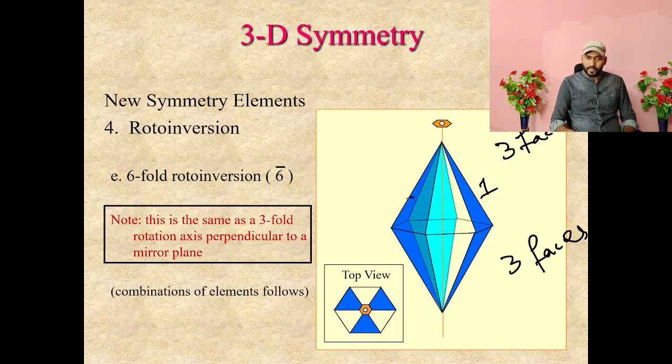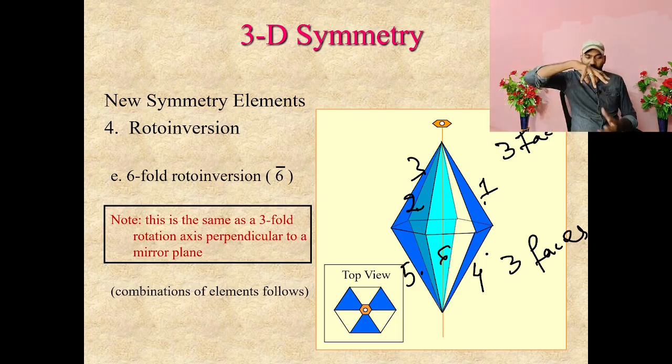Suppose these are 3 faces, first, second and third. Here this is fourth, fifth and sixth. So below 1 there is the fourth face, below 2 there is the fifth face, below 3 there is the sixth face. So below each face there are symmetric faces. In the upper hemisphere we have 3 faces, in the lower hemisphere we have 3 faces, and below each face we have symmetric faces. So here we are also having one mirror plane here,